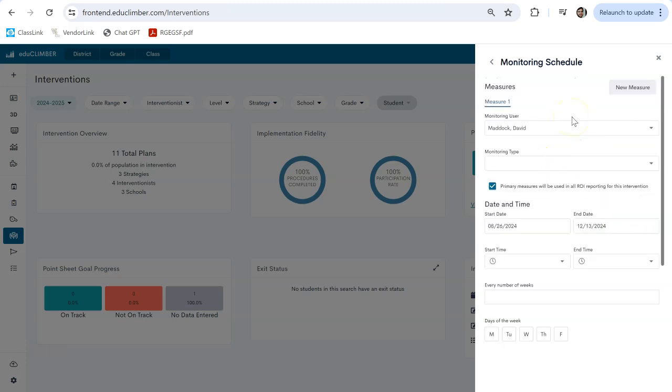Next, we move into the monitoring. Monitoring builds a tool for you to record all of your monitoring data that occurs in an intervention. The purpose of moving this into eduClimber is to reduce all the excess binders, Excel spreadsheets, paperwork, and data that we have in various places across our classrooms and campuses so that we have a one-stop shop to have all